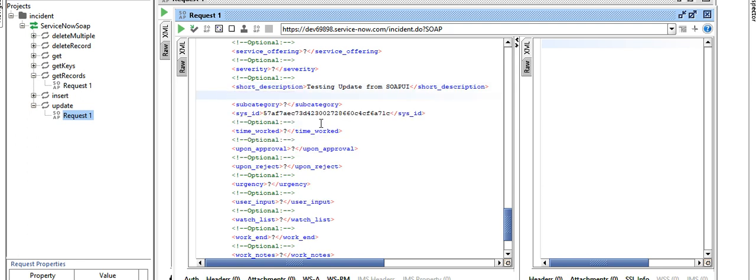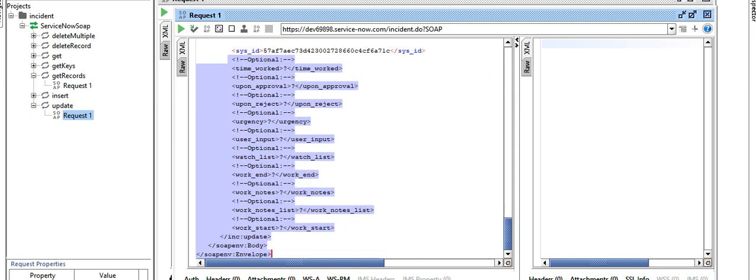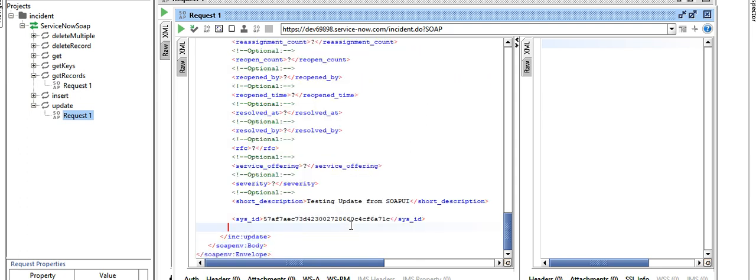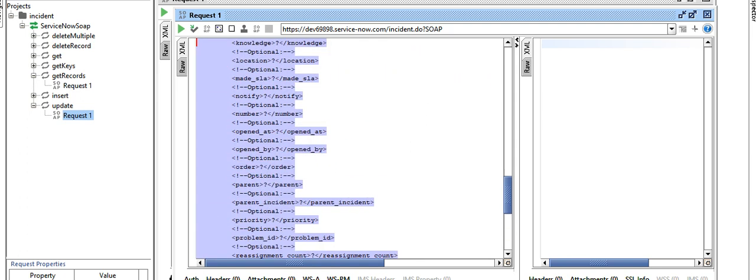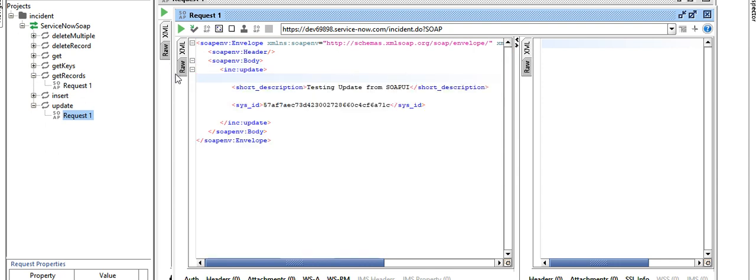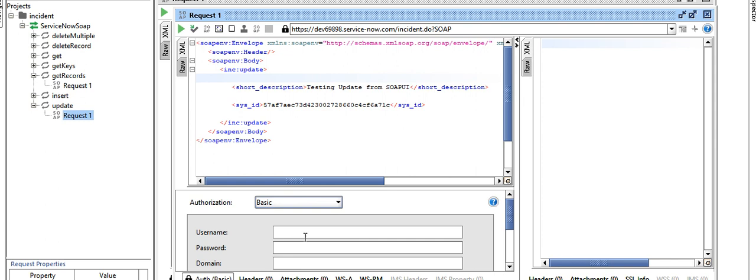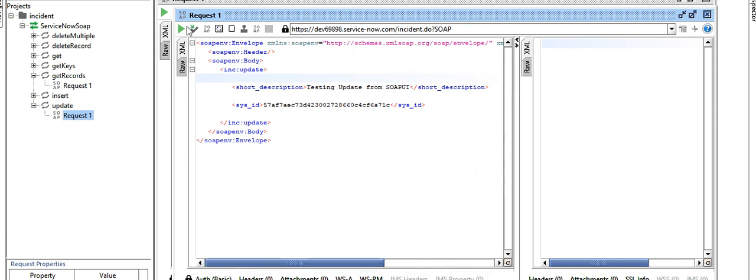Let me delete all other request parameters. Again, we have to add the authentication. We can actually do it as a one-time activity, but let's type it again.